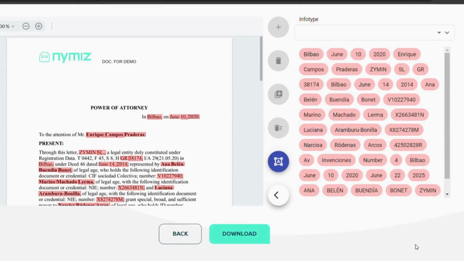The data that Nymiz proposes to anonymize are presented underlined in red in the document. In case we want to keep visible a personal data that Nymiz initially proposes to anonymize, we can exclude it from the anonymization process in two simple ways. We select the data that we want to keep visible in the document itself and press the red button with